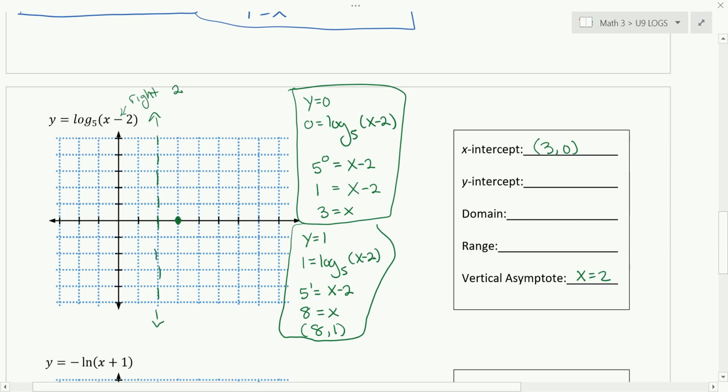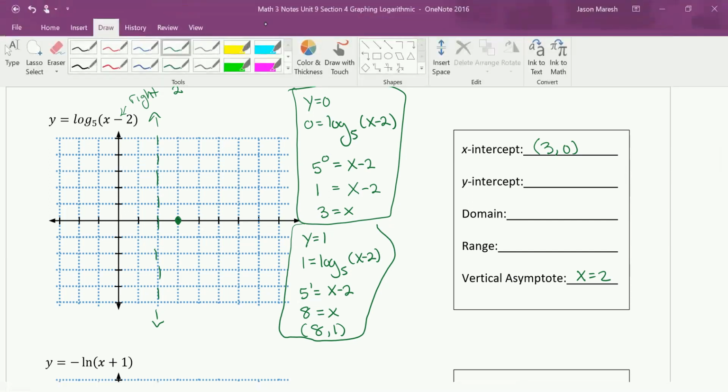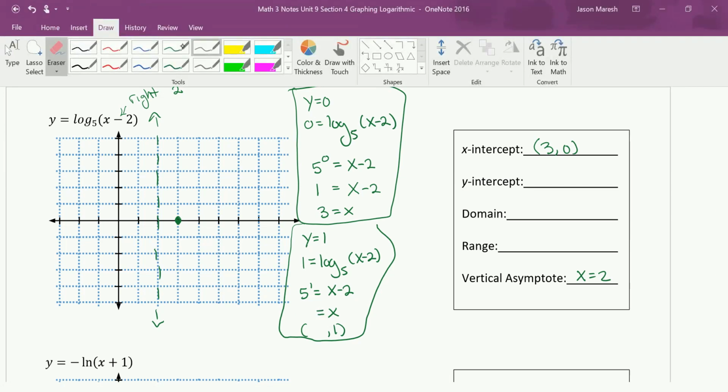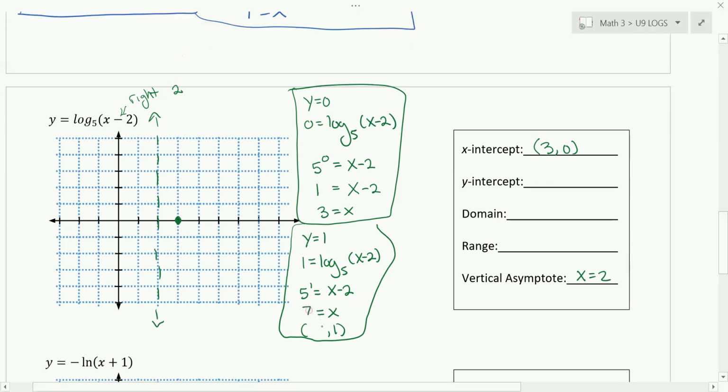Five plus 2 is not 8? Oh, man. It should be 7. Okay. And then